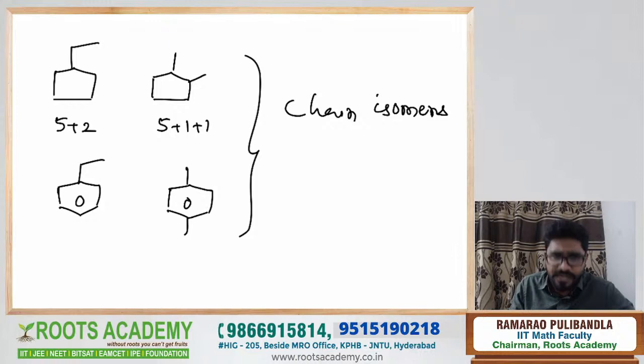Till now, if you have any doubt, you can ask. This is all about chain isomerism. You need to practice the systematic method three or four times. You'll get an idea, so that you can write the number of isomers on your own. If you write like that, that's really the next level for organic chemistry: on your own, you're creating the structures.